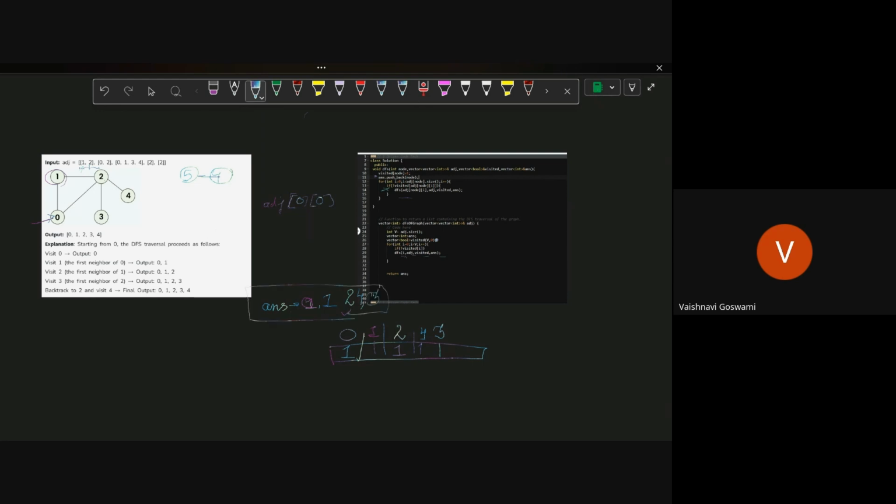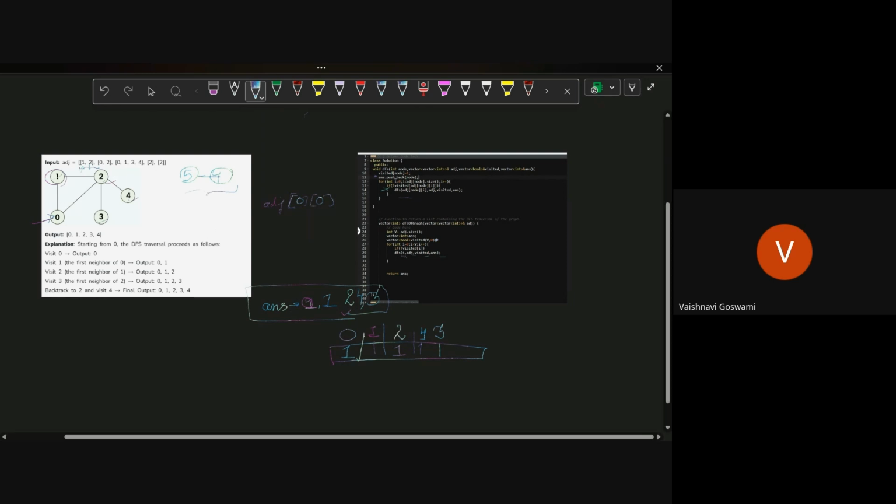Now if you see, this entire recursion is over and 5 and 6 are still not visited. That's why we were using this for loop. First, it will execute for 0, and 1, 2, 3, 4 are all visited, so this statement won't execute for them. Now when it comes to 5, because 5 is also a vertex, with 5 and 6 here, 5 is not visited.